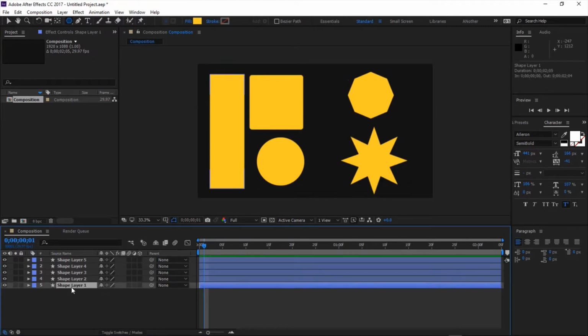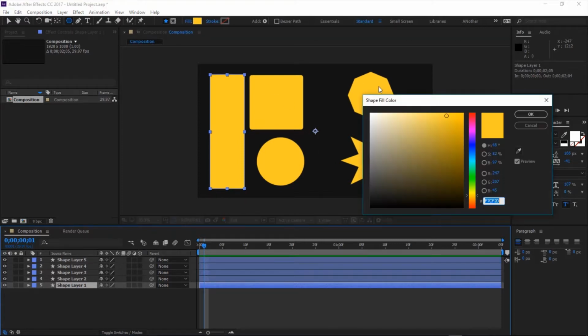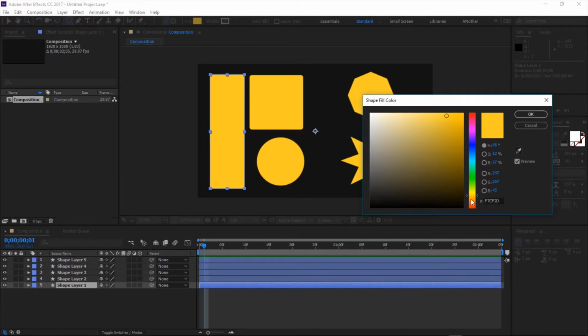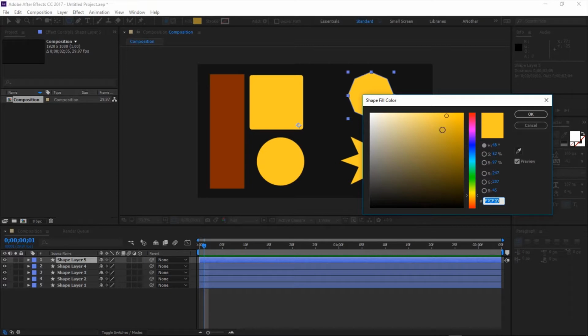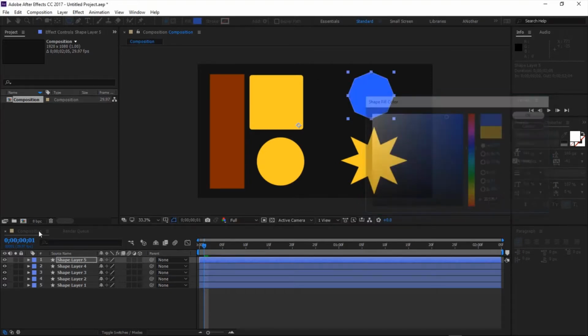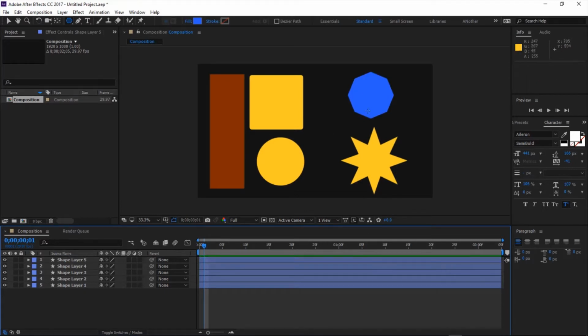So we can change the color of these shape layers. Select them, come to fill here, click on fill, double click on it, and it brings up the different colors. Let's change the color of our polygon. You can see that I double click and select the color that I want. So all these things, you can change the colors. The next thing we can look at is the